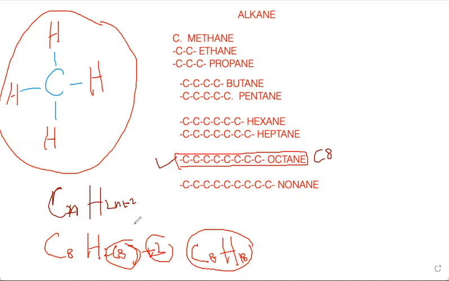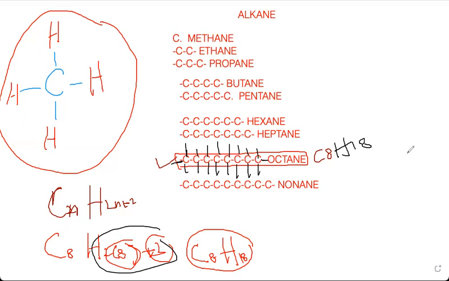So the other option is, I mean, we can make any mistake in calculation. No? So we have one more method. We should know how many carbons are there in octane. So what you can do, you can fill all the rest of the bonds which are empty, the unpaired electrons, with hydrogen. See, I'm working here. 1, 2, 3 hydrogen, 4, 5, 6, 7, 8, 9, 10, 11, 12, 13, 14, 15, 16, 17, 18. See, I'm getting the same thing. So it's totally up to you. In exam, if you forget the formula of octane, if you forget the general formula of alkane, you have another option, this one.